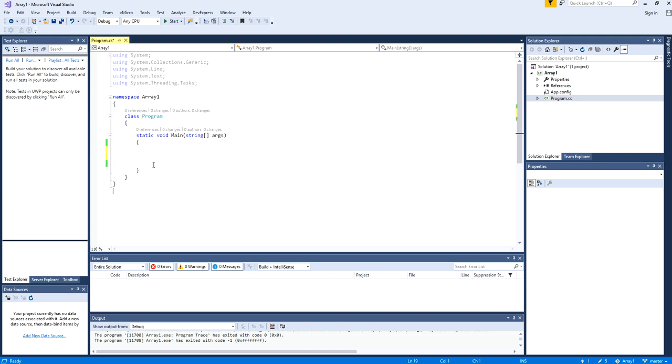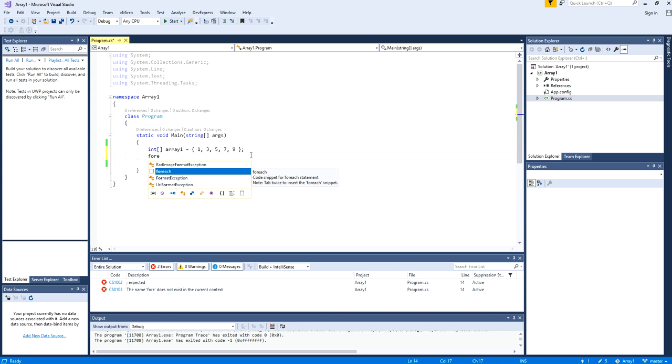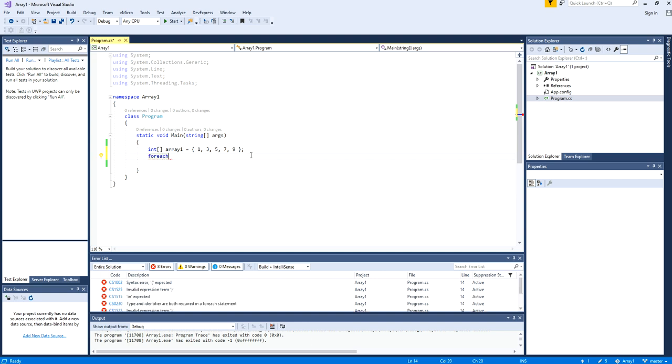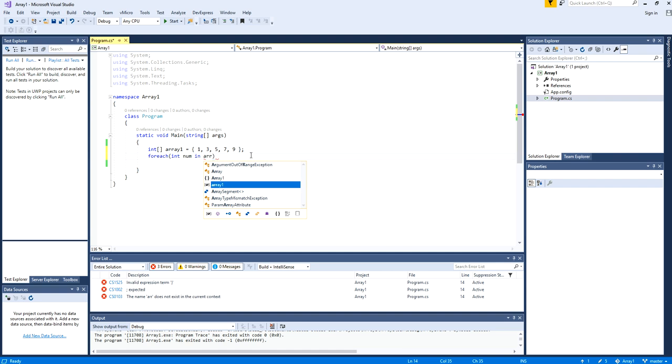In this video, we'll see how to use the for each loop. It's used for arrays. For example, there is an array, and here I'm going to use for each, which is one word. I'm going to declare one variable, int num, and in there will be the array name. It's the array one. Okay,